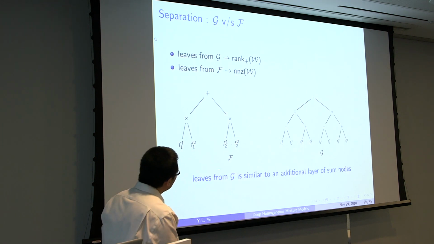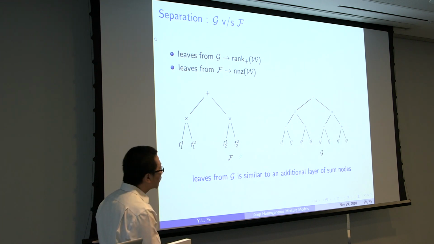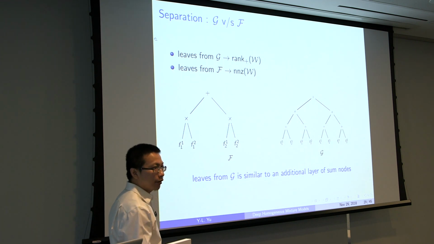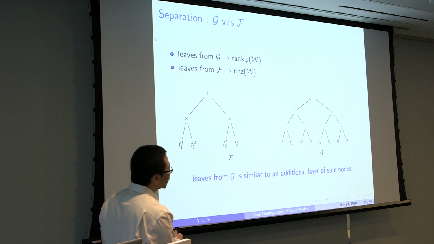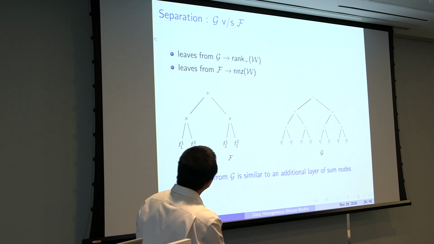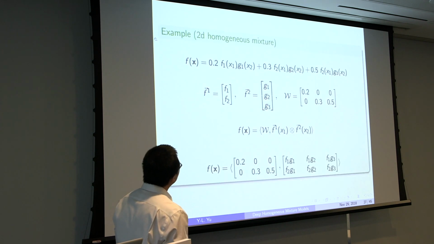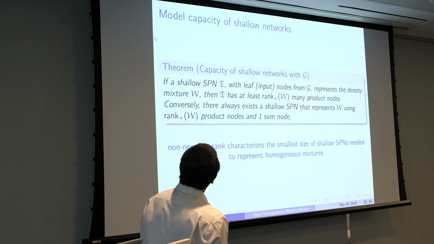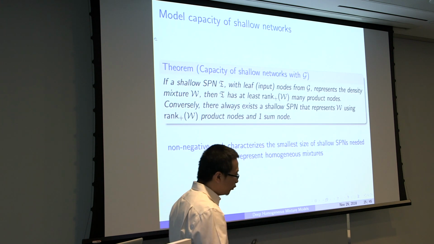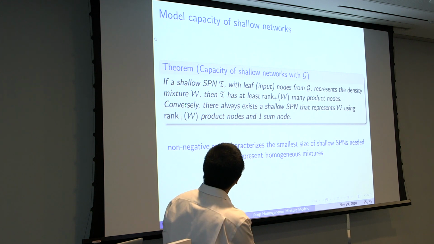So this is what we call a shallow SPN. You have the leaves as the functions, and then you have one layer of product nodes. And at the very top, the second layer, you have a sum node. That's it. You can have many product nodes in the second layer. Okay? So what this theorem says is, if you want to represent a density function, which we represent as a